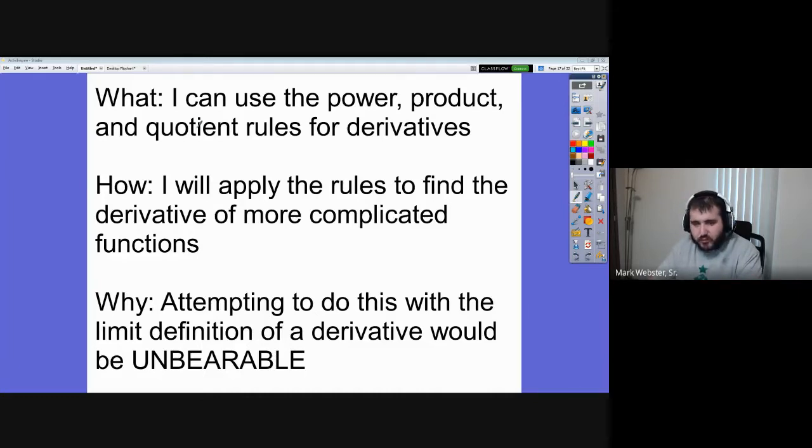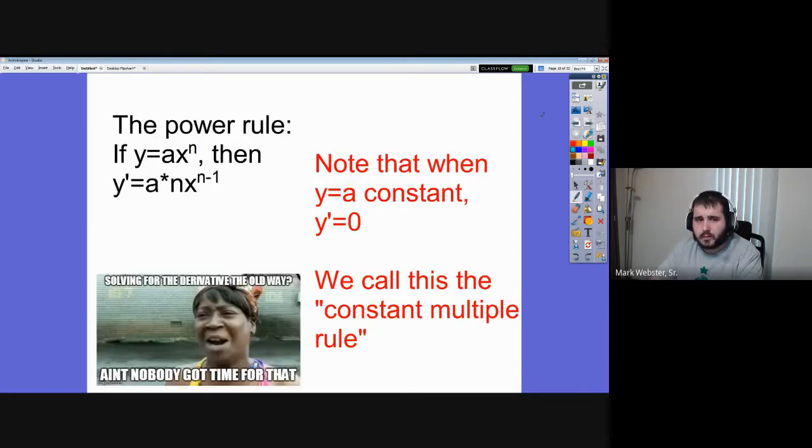Because I'll be honest with you, doing this limit of the difference quotient stuff, especially when it's a really big long function, it's a pain in the butt. Ain't nobody want to do that. But here, with the power rule,